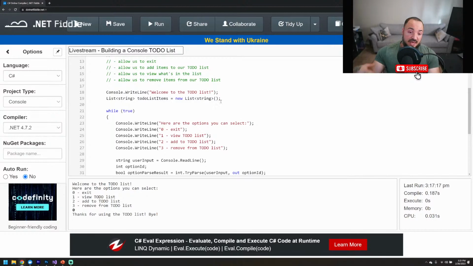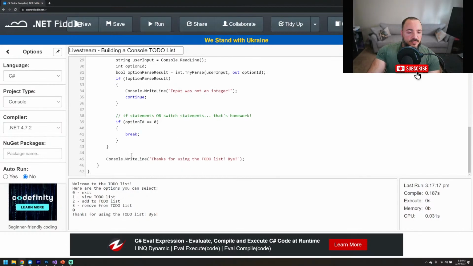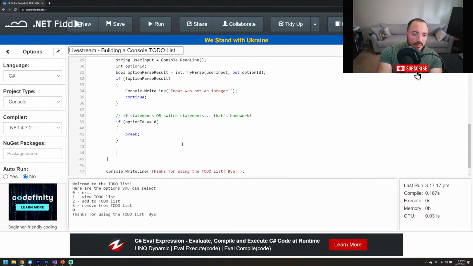So at this point, we have a list, but we're not doing anything with it yet. So I mentioned I wanted to go with option number 2, right? Adding items to the to-do list. So let's go ahead and do that. So if option is 2,